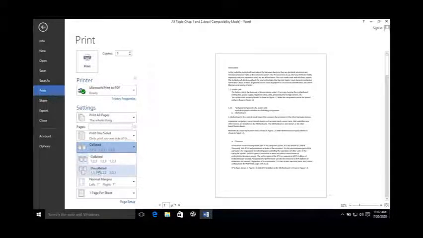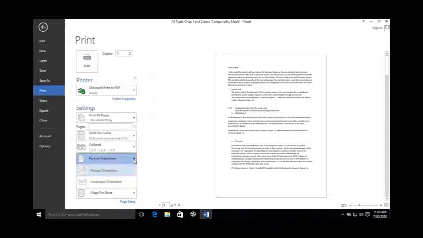Another option, uncollate, means that if we are making 3 copies of the same document, first it will take 3 copies of the first page, then 3 copies of the second page, then 3 copies of the third page. So that is called uncollate. It depends on you in which manner you want to take the printout of the document or make the multiple copies of the document.